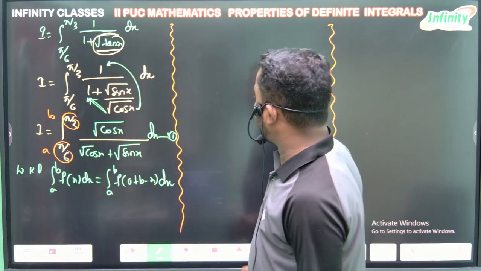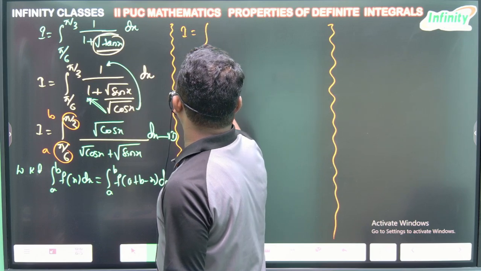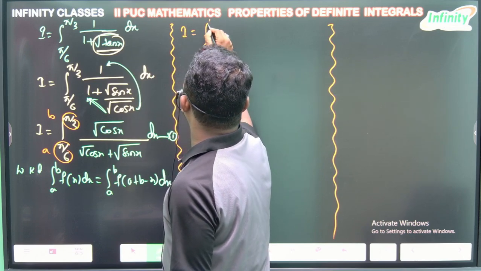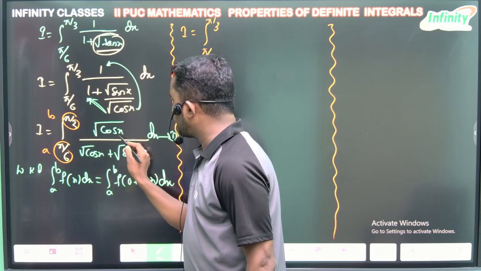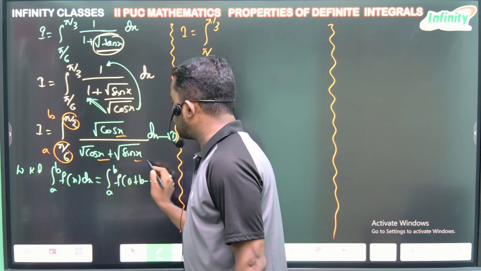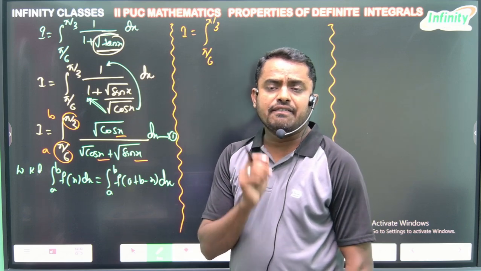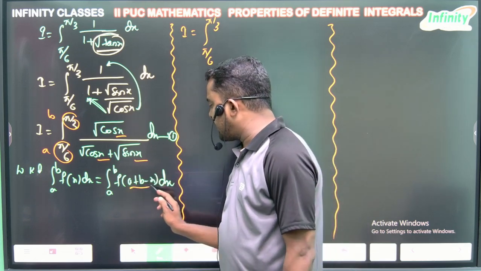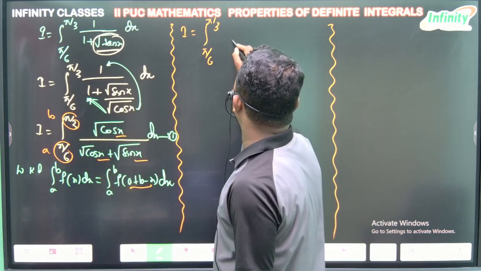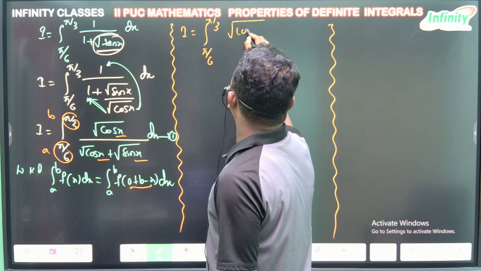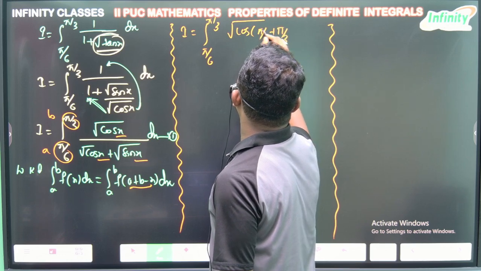Applying this property, now the integral changes to I is equal to the integration from 5π/6 to 5π/3. See here, x changes to 3 times x in the function. Here it is a plus b minus x. A means 5π/6, b means 5π/3. It will become root cos(5π/6 plus 5π/3 minus x)